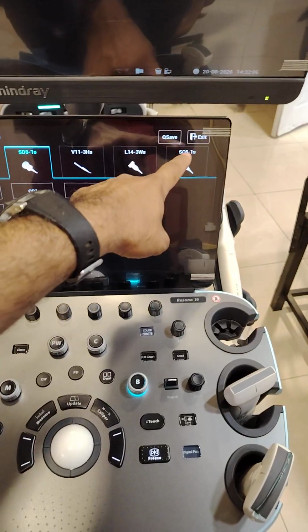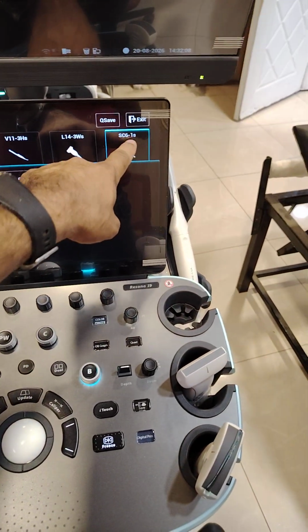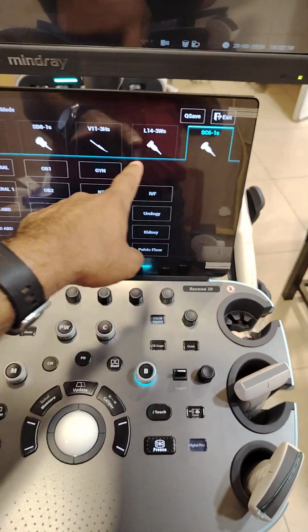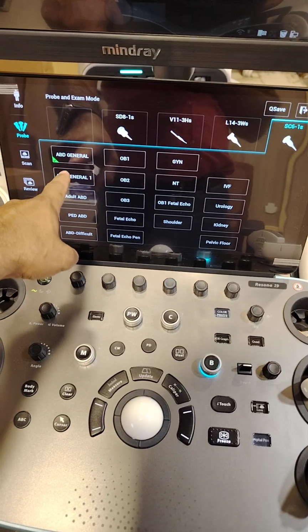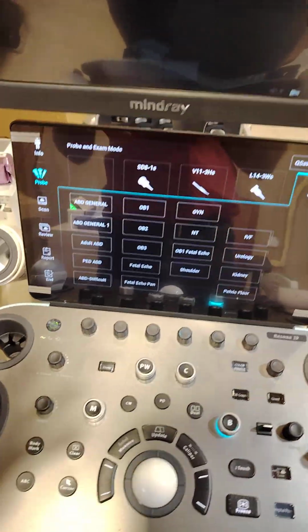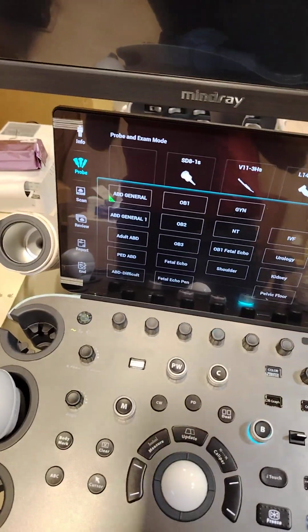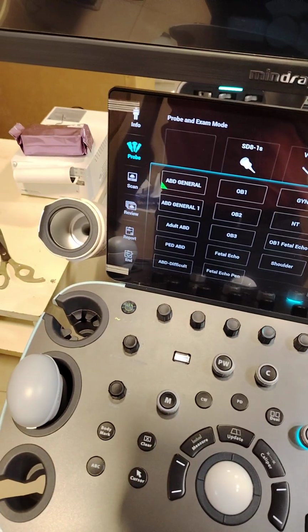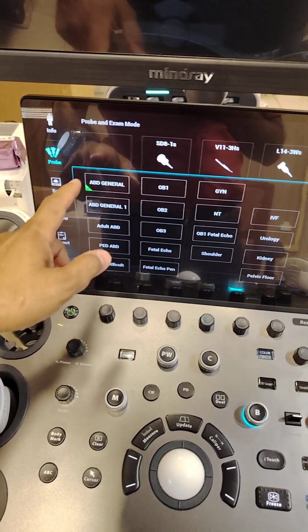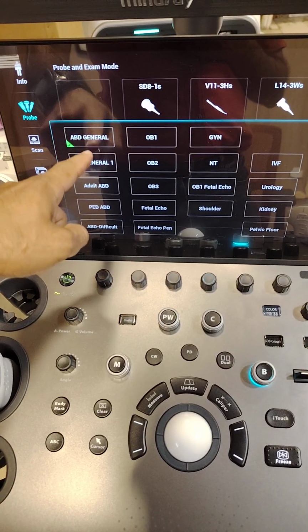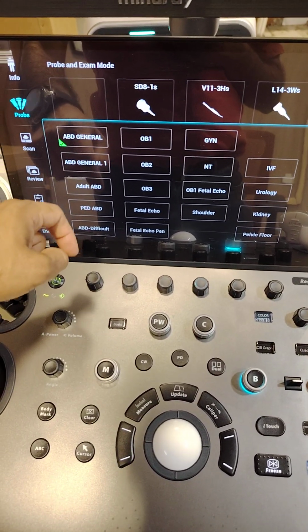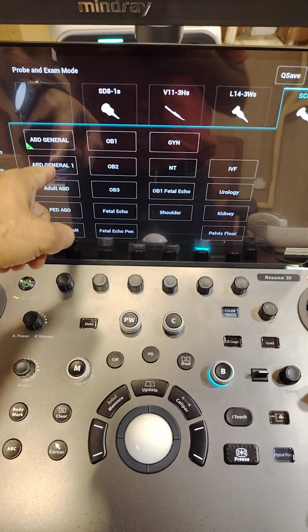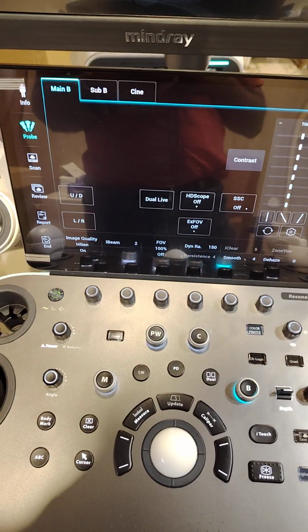We choose either abdomen general for all of the torso, for example OB, gynae, pelvis, renal, hepatic exam, stomach exam, pancreas, either this one or that one, whichever you prefer. You can also try the rest of them, for example abdomen 1, and